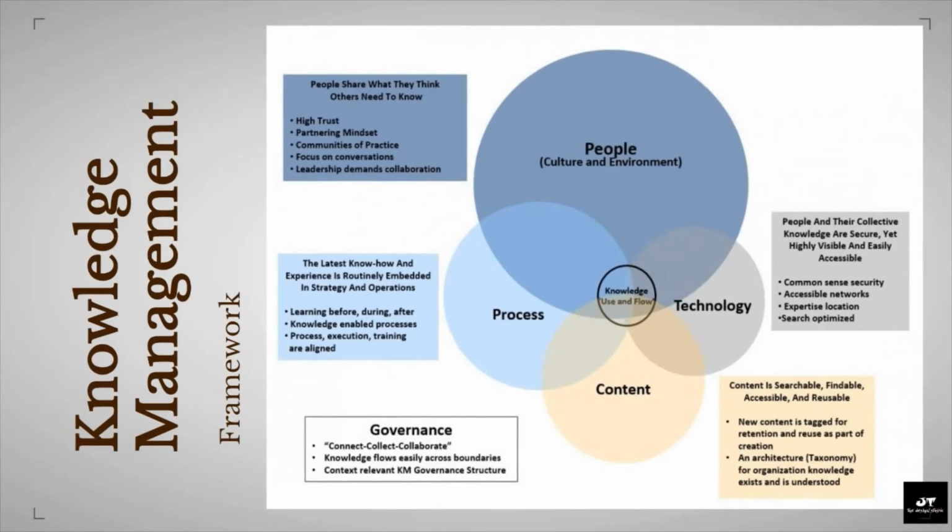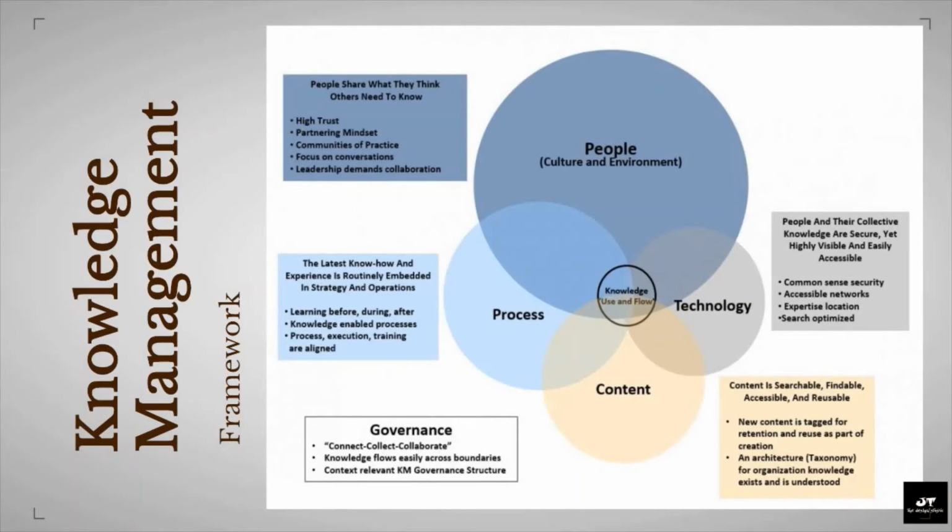Point 1. People. Knowledge management must be prioritized within the company, and an ethos of sharing knowledge must be built into the DNA of the company, and incentivized. Point 2. Process. There needs to be a clear system for all steps of knowledge management, while also leaving room for innovation.